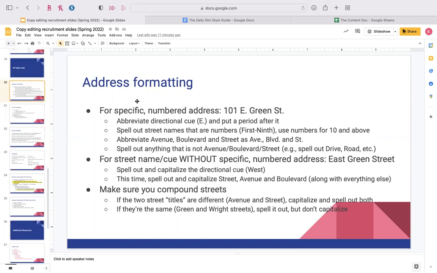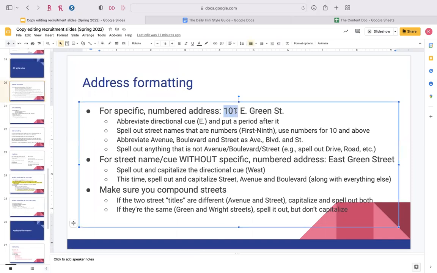So the first thing I'd want to talk about is formatting an address. The rules for that are, when there's an address that has a number at the beginning, which would be a specific numbered address, then you would have the number and then the directional cue, like north, east, south, west, whichever one of those. You'll abbreviate it, so E, and then put a period. And then the street name,